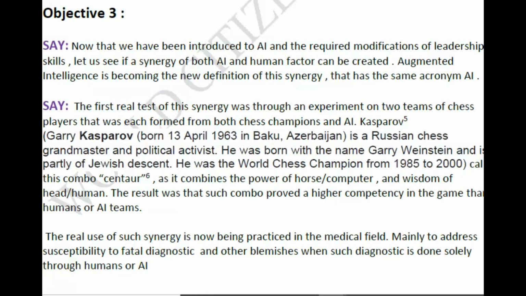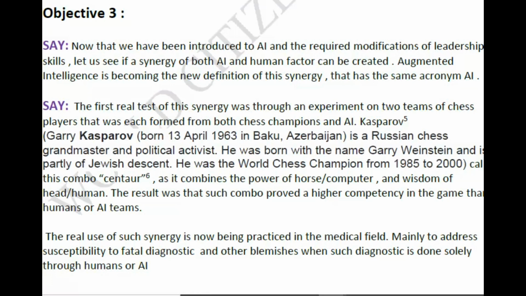So this idea of synergy between the AI factor and the human factor is now being called augmented intelligence. And it has the same acronym, AI, so we have to be clear that we use them both appropriately. So the first real test of this synergy was through an experiment with chess champions. And the story is described here, but the idea is that